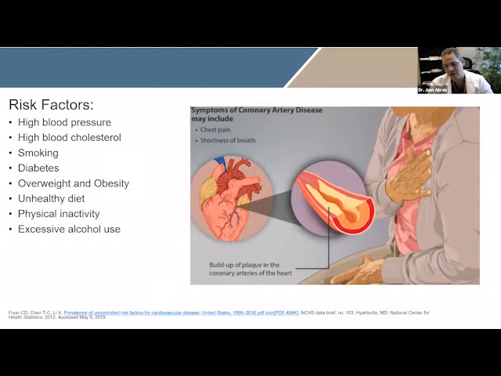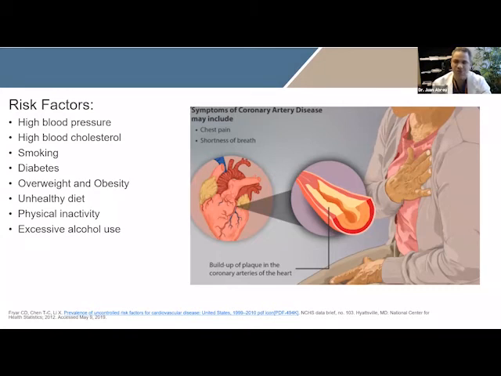These have been very well studied over many decades as the main leading causing factors for this. Are there other factors out there? Yes, there are. There are some other genetic mutations that you can be born with that can contribute to coronary artery disease. And there have also been some other genetic factors. For example, if you have family that have early coronary artery disease, we know that sometimes even with lifestyle modifications, these people will tend to progress to coronary artery disease.